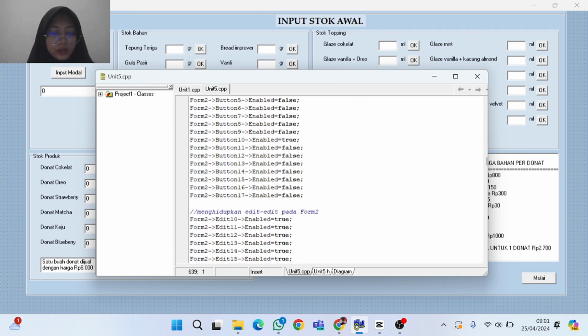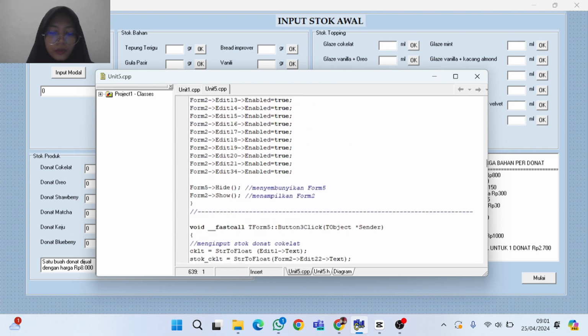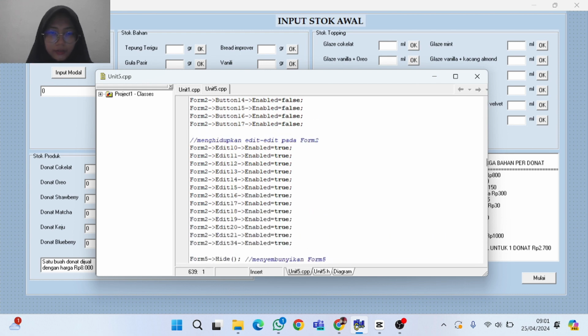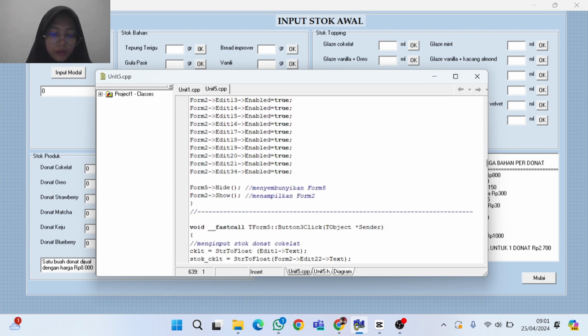This is the source code to turn off and on the button in form 2. This turns on edit on form 2, edit to select the donut variant, and this is to hide and display the form.